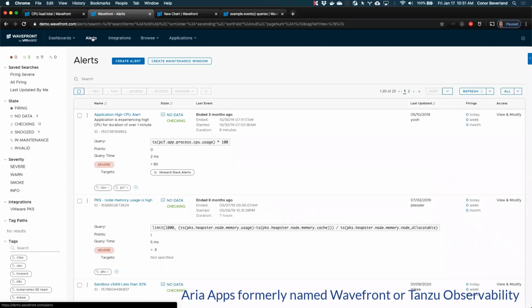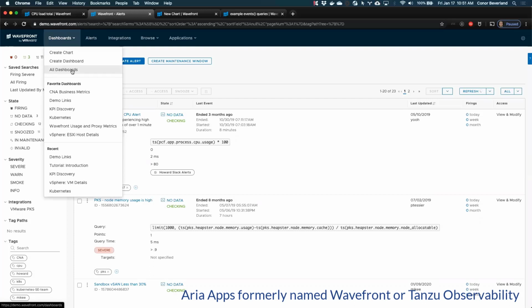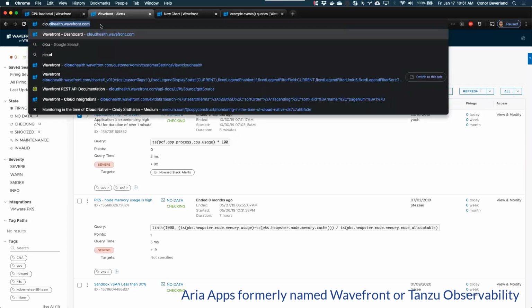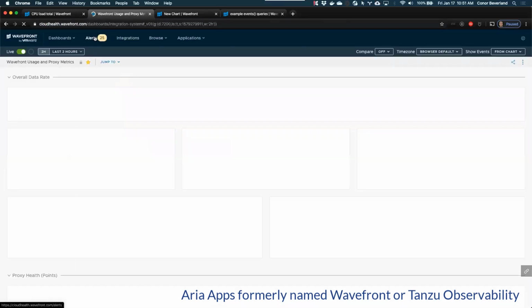This is the alerts page itself. Like I said, alerts and dashboards at their core have a lot of similar concepts. So this is pretty similar to the dashboard browser that we looked at yesterday, except looking at alerts. Actually, let me go over to Cloud Health for this, because I did see you actually have an impressive number